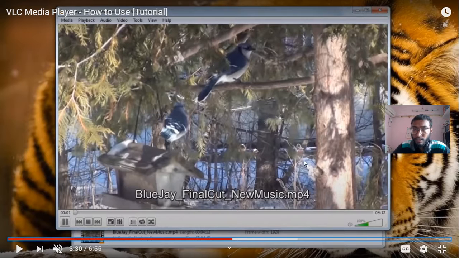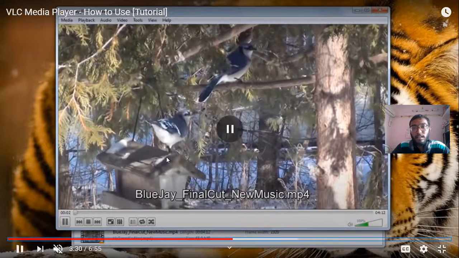You can see over here at the bottom right side your volume button. From here you can increase or decrease the volume of that particular video. Here is your pause button, previous button, stop button, and here you can get your next button.